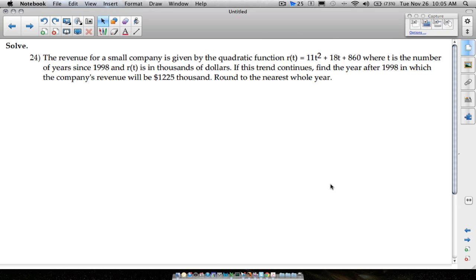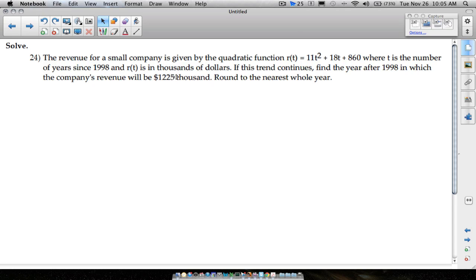24. The revenue for a small company is given by the quadratic function r of t is equal to 11t squared plus 18t plus 860, where t is the number of years since 1998. That t represents the number of years since 1998, and r of t is in thousands of dollars. So the r of t is thousands of dollars of revenue. If this trend continues, find the year after 1998 in which the company's revenue will be